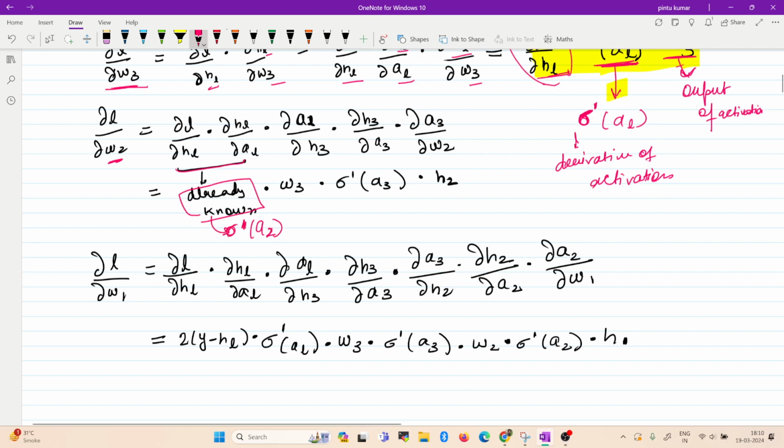Again, you have the derivative of your activation function multiplied with the output of your activation function, and these terms get multiplied with each other along with some other terms. Similarly, when calculating the derivative with respect to W1, there is the derivative of the activation function, and in the end it is multiplied with the output of the activation